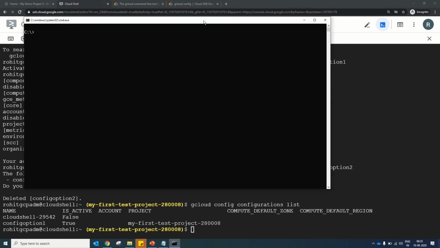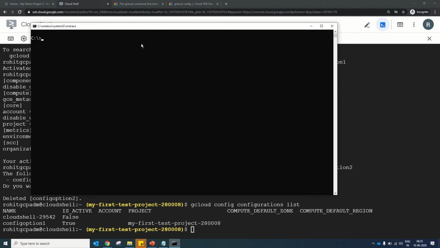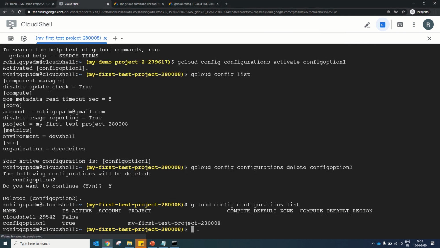The next command is authorizing the login while you are using gcloud. For this, I am running the gcloud session, or Google Cloud SDK session, from my local system. This is the command prompt I just started from my local machine, and now I will run gcloud auth login. First, let's run this command in the cloud shell.